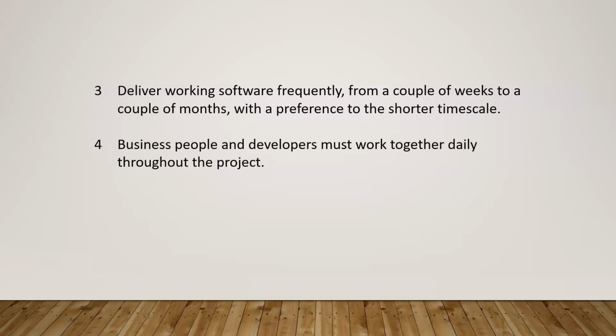So for the first time, let us say you have a mobile and you want a particular folder to open on double click. They want that feature in this sprint. Sprint means a time duration of 2 weeks, let us say. So they are not going to deliver the whole mobile with all the features at a shot. Only a few features will be released. Let us say I want only 2 to 3 features in my mobile to be released in these 2 weeks. That is what the customer says. And after 2 weeks, for the next 2 weeks, I will say I need some other 2 to 3 features to be delivered.